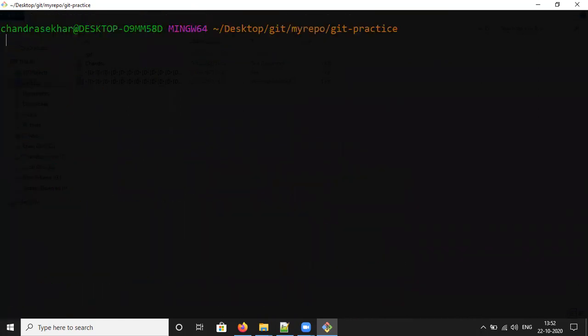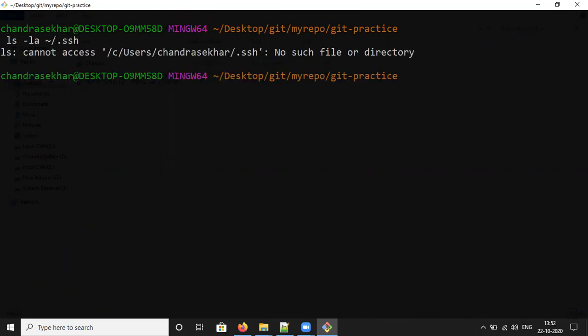It is going to remove it. Now you can check with ls -le .ssh. Not accessible, no such file or directory.